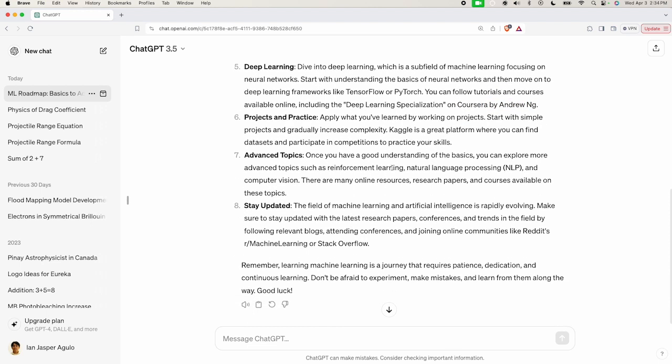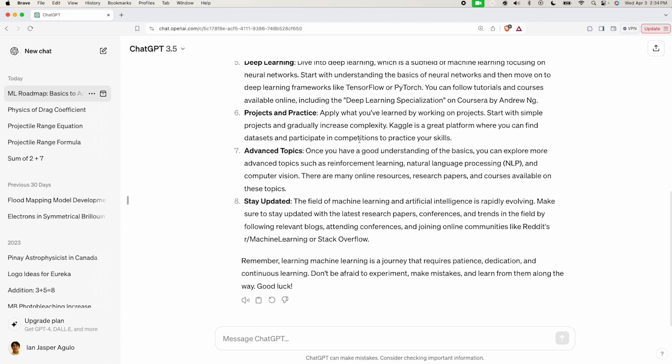Then we need to apply what we've learned by working on projects, starting with simple projects and gradually increasing complexity. Kaggle is a great platform where you can find datasets and participate in competitions to practice your skills. Once we've done that,